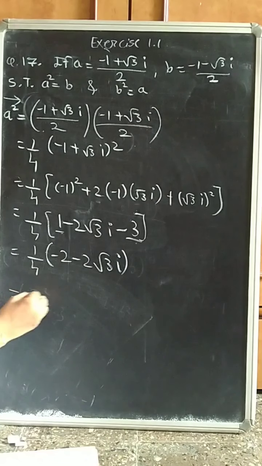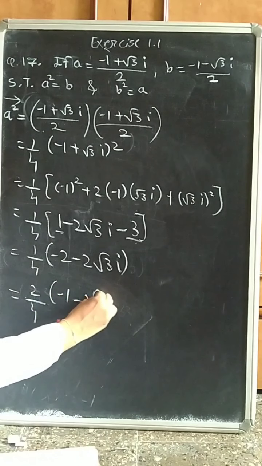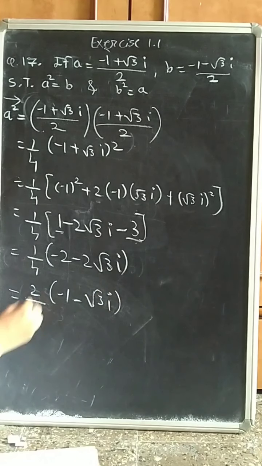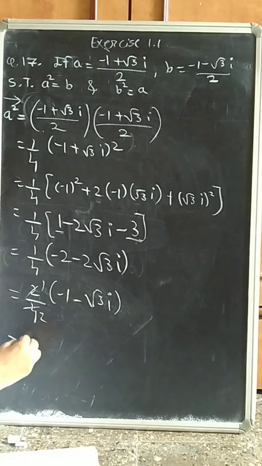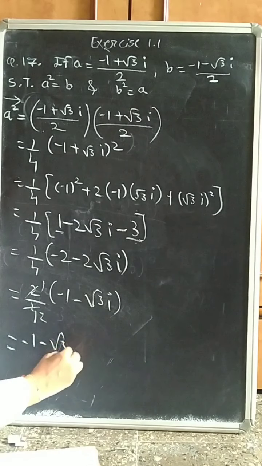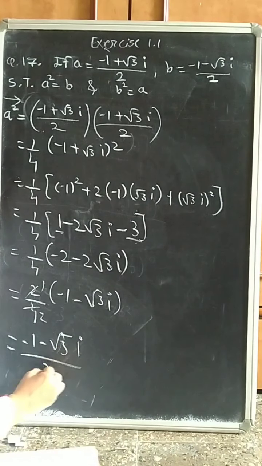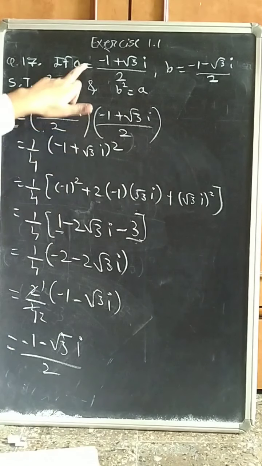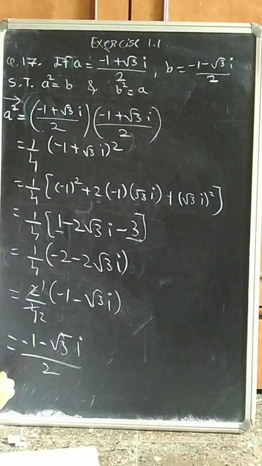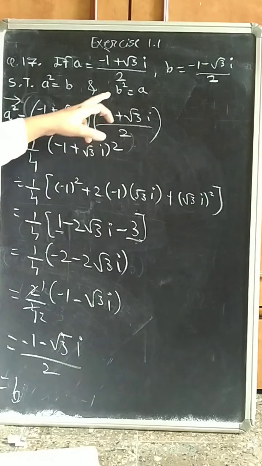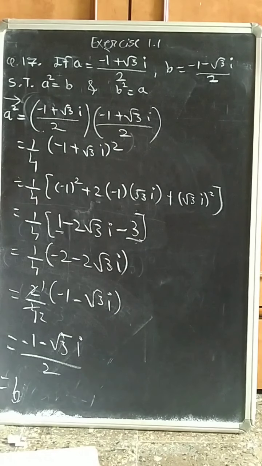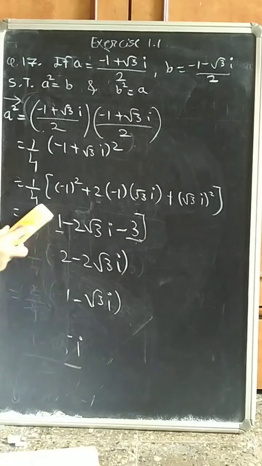आता 2 कॉमन काढून घेऊयात. 2 by 4 -1 minus √3i, so 2 1s are 2, 2 2s are 4, so this is -1 minus √3i upon 2, but we know that this is our b, therefore a square equal to b, hence proved. Similarly you can show that b square equal to a. Now we will proceed to next example, 18th one,